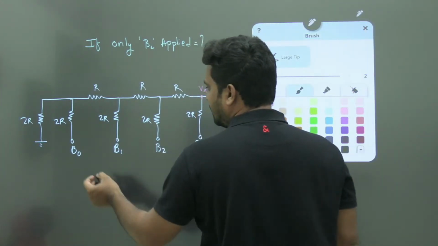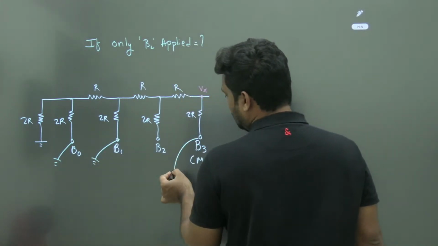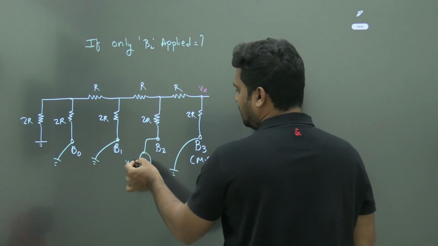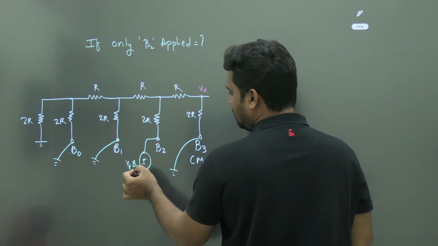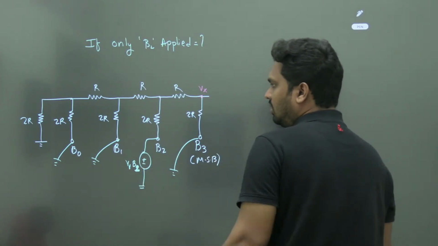Okay, here ground this, ground this, and ground this too, but on V2 you should connect VR. Not V3, V2, that particular bit V2. Here also you see,